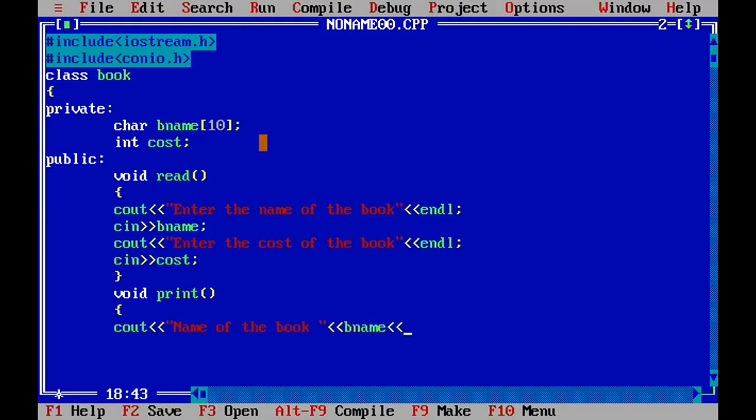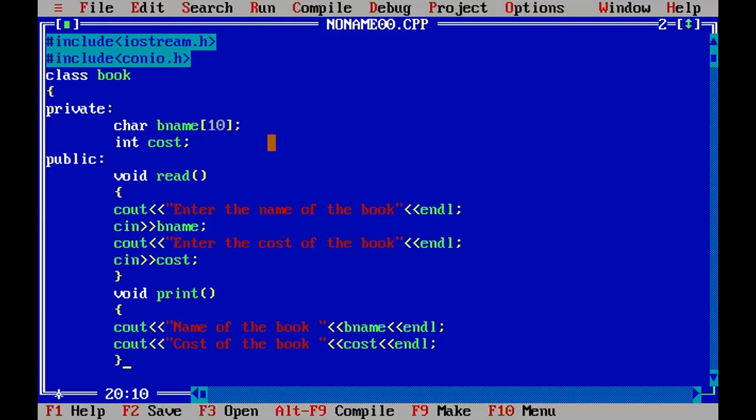I will print it and use endl to move your cursor so that you can print the cost in the next line. Now the cost of the book is stored in the data member called cost. So now we have completed and defined the member function called print.